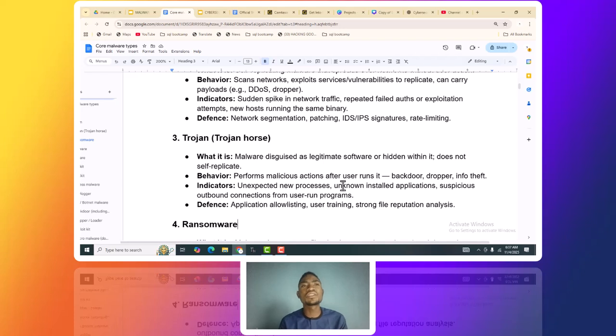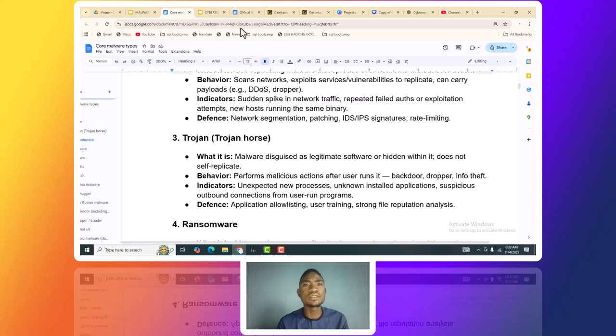Now, some of the indicators of compromise, some of the things that show that, oh, this is a Trojan, is unexpected new processes. Unexpected new processes will begin to happen, unknown applications begin to install on your system, suspicious outbound network connections from users run on the network. And then some of the defenses that we can actually put in place against a Trojan are application allowlisting. Also, training and sensitization is important in that, and we can also do file reputation analysis or static analysis to strengthen